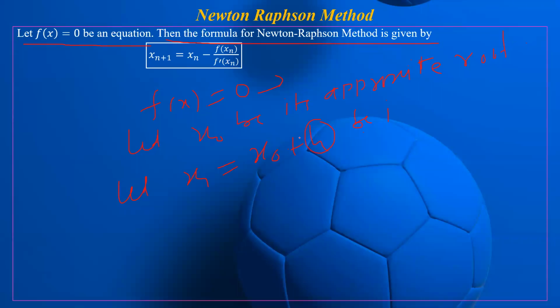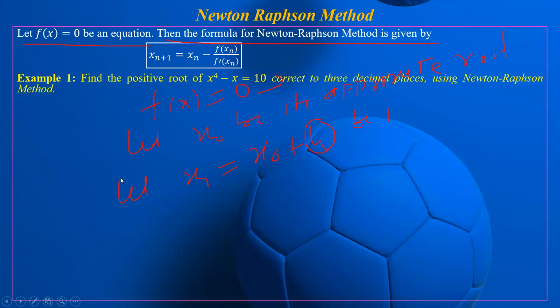Okay, let us see. In the last lecture, we have already seen how to find the approximate solution of the algebraic equation or transcendental equation. Today, we have already seen that by using the bisection method, if we want to solve any algebraic or transcendental equation, it will take many more iterations. As compared to other methods, it is much more lengthy. If you want to find the solution of one equation, we should do much more than 10 iterations. That's why the method is very lengthy.